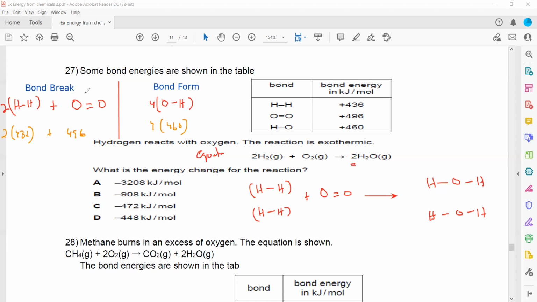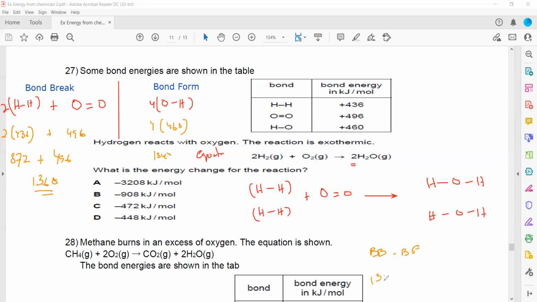So it is 436 times 2, 872 plus 496. So 872 plus 496, that is 1368. And the bond forming, that is 4 multiplied by 460, that is 1840. And the bond breaking minus bond forming,